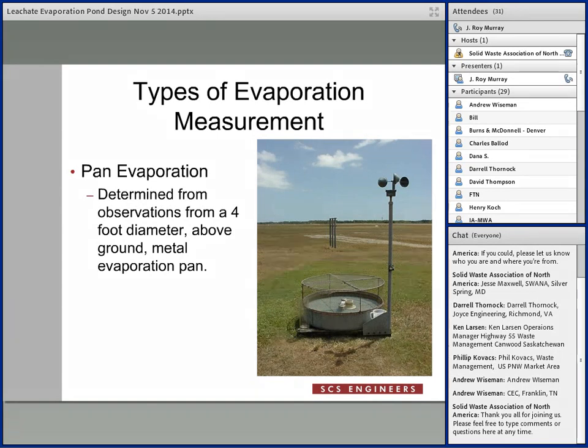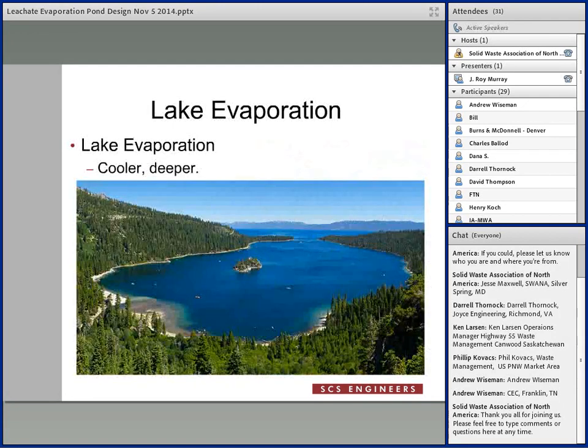Obviously, this is going to give you a good idea of what evaporation is like at your location, but it may not necessarily reflect what the evaporation is going to be like from a pond or from another facility, since obviously this pan is going to be somewhat unique. So there are ways for us to then take this pan evaporation that the National Weather Service has and convert it. There's two other different types of commonly referred to evaporation. The first, obviously, is lake evaporation. You're looking at cooler, deeper bodies of water, typically.